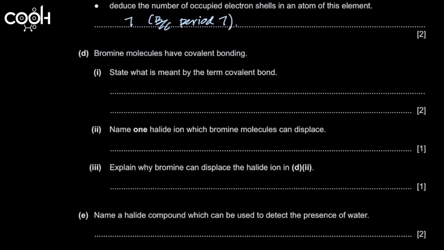Done. Now it says bromine molecules have covalent bonding. Okay, great. We know it has covalent bonding, non-metal bonding. What is covalent bonding? Covalent bonding is a sharing of a pair of electrons between two atoms of non-metals, right? So it says, what is meant by a covalent bond? A covalent bond is a pair of electrons